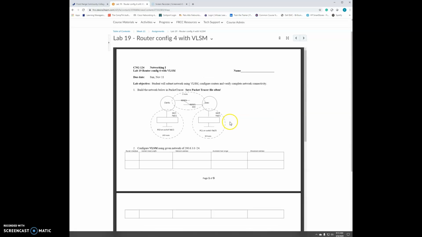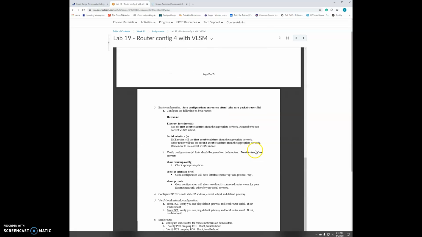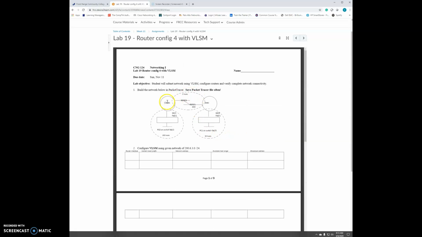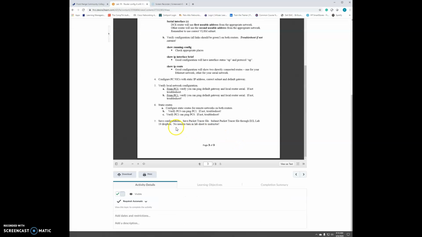When I get your packet tracer for grading, basically I just click one PC, open it up to command prompt, click the other PC, open it up to IP configuration so I can see the IP, ping this way. Then when that's complete, open up command prompt, look at the IP configuration on this one, and then send it back just to verify your network's working. And that's all I do. If it's wrong at that point, I do just kind of take a peek into your routers just by hovering over them. And if it can't do it at that point, usually I just ask you for a resubmit, because usually it's a configuration wrong in that router that you might have overlooked.